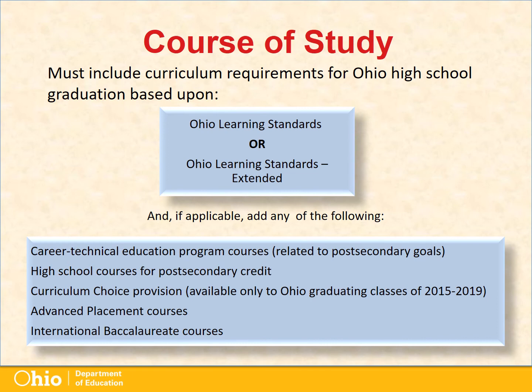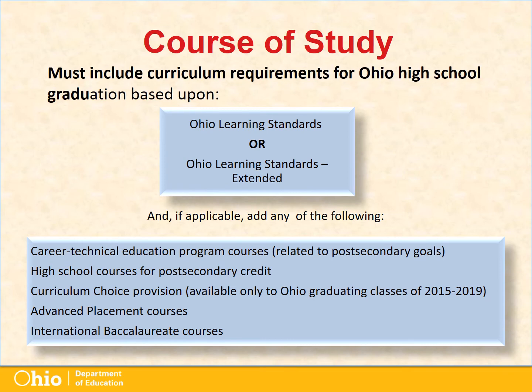post-secondary goals. The graduation requirements for the students in the classes of 2018 and beyond include curriculum and 3 options to show readiness for next steps in college and career. Thus, the course of study must include the curriculum requirements for Ohio high school graduation. Depending on the student's needs, the curriculum may be based upon the Ohio Learning Standards or the Ohio Learning Standards